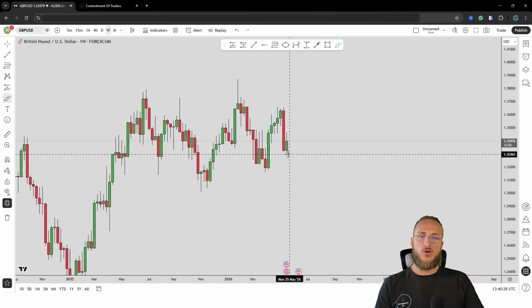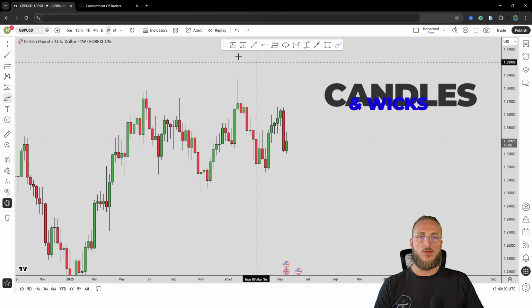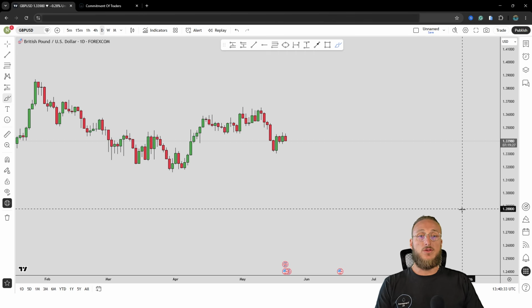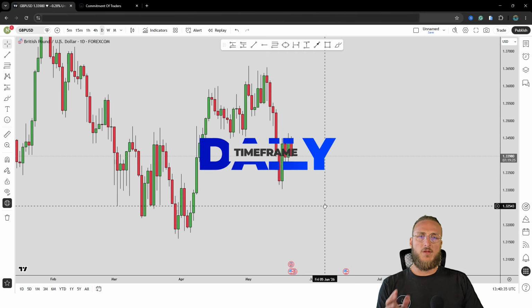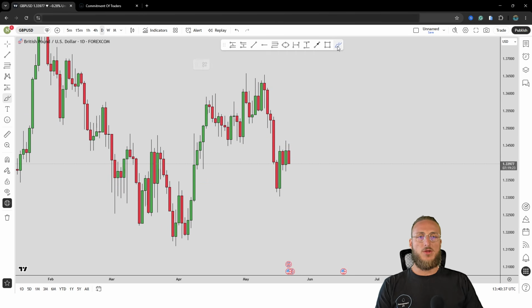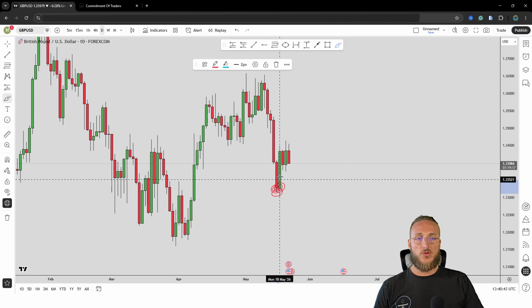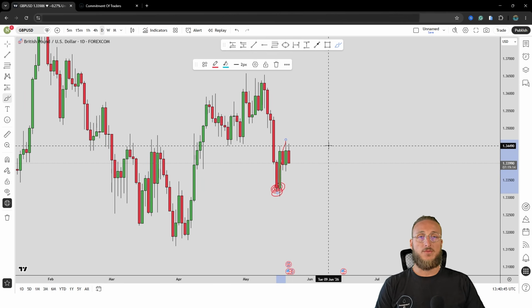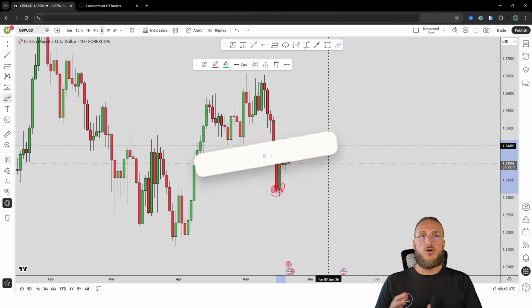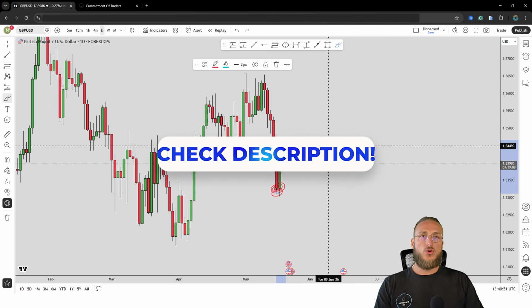In fact, this correction that we see here in this green candle, it is very easy to visualize it here on the daily time frame. In fact, I even spoke about GBPUSD just a few days ago when the market was creating this push to the downside, and explained all the reasons for which from here I was expecting this correction. And that is in fact exactly what the market did. And by the way, I will link in the description that previous analysis, so you can go and check it out